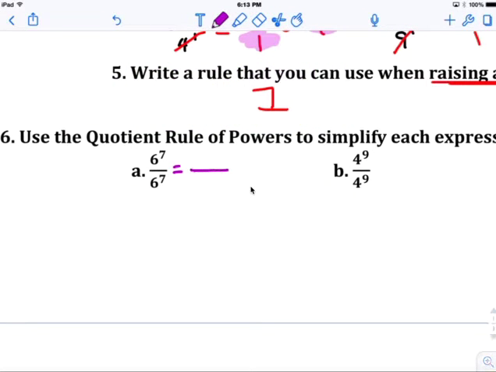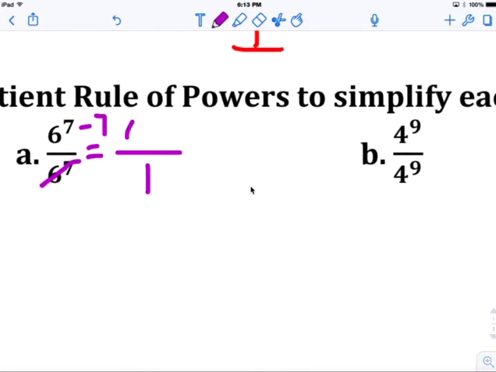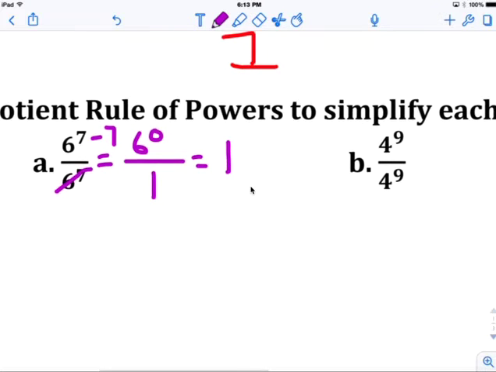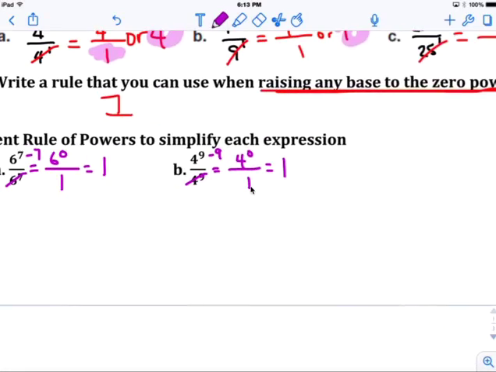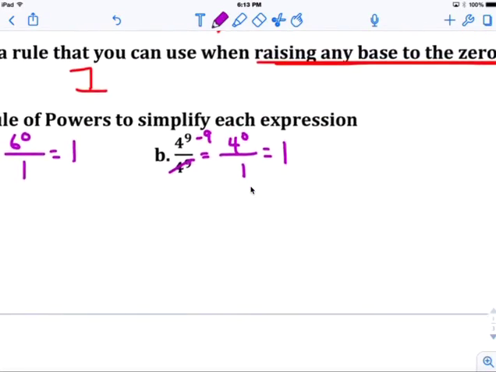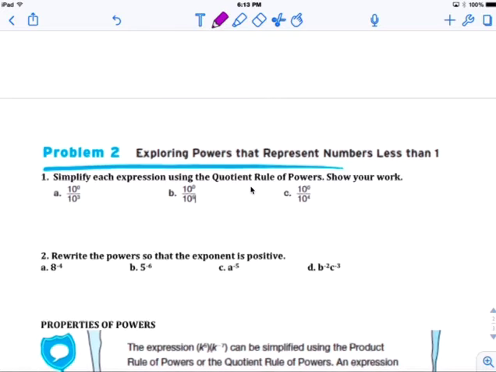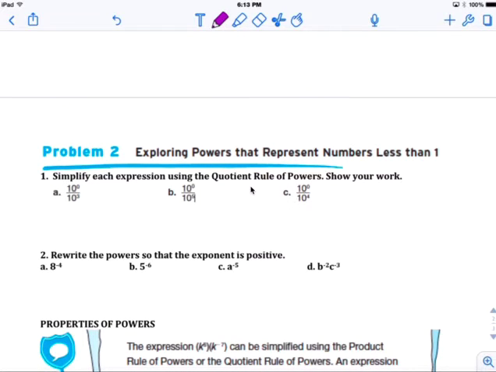If they are the same, always eliminate the denominator. Bring it to the numerator. 6 to the 0 power, which is 1. Eliminate the denominator. Make it a 1 minus that 9. 4 to the 0 power, the answer is 1. Okay, when you're dividing, you're subtracting the exponent. Okay, so here, for example,